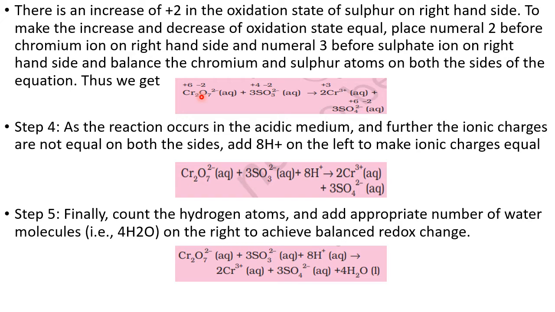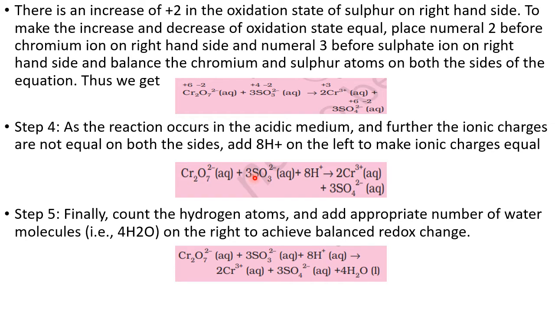Now, when there is 6 decrease, increase has to be also 6 only. Let us check. Now see the sulfur. Sulfur has undergone change from +4 to +6. Increase by 2 for every sulfur atom. Now I have to make 6 increase. So what should I do? I am taking 3 here. Why am I taking 3 here? For 1 sulfur increase is 2. For 3 sulfur increase is 6. So decrease was already there for the 6. Now to make increase by 6, I have to take 3 only. So I have taken 3.